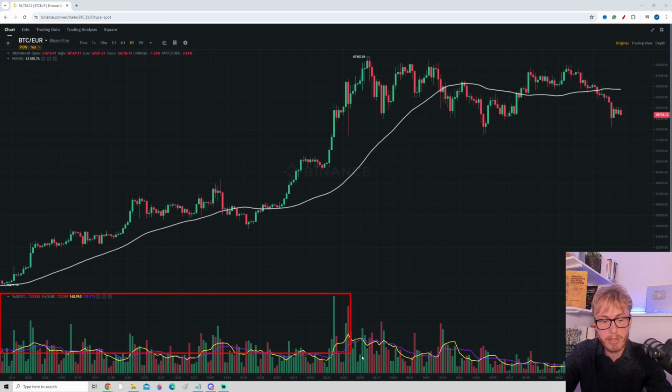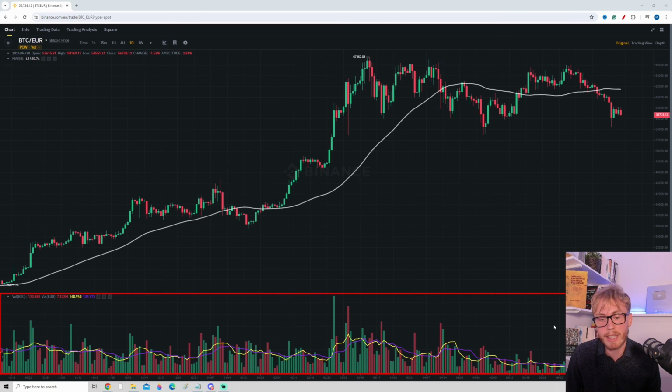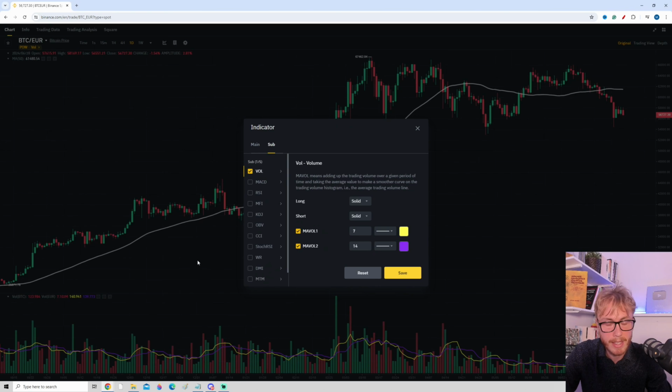The next indicator I want to show you guys is this indicator right here, and this is the volume indicator, a super useful indicator that I personally find really valuable. And the first thing you want to do here with the volume indicator is that you want to go down here to the settings tab, and you can see that currently we have something called MA volume 1 and MA volume 2, and these are basically moving averages